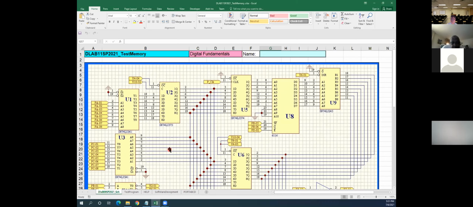Now, the next thing is we can see you want to test the U8 memory. So the process is you write data into the memory, and later on, you can read that data and verify whether it is correct or not. Okay? In order to write data